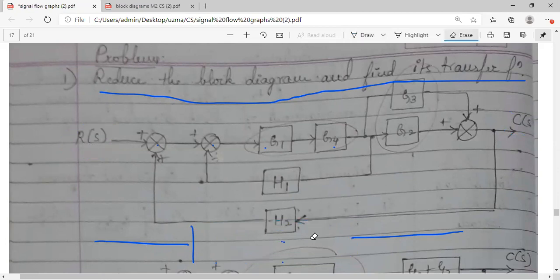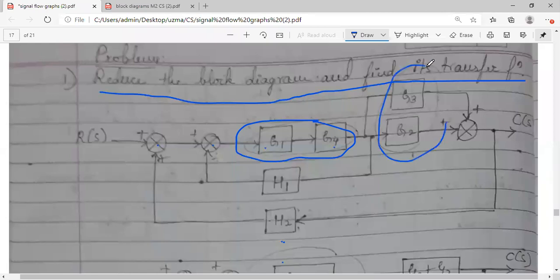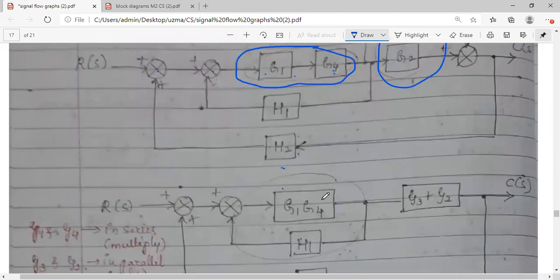So coming to the given block diagram, how will we start? This is an already solved problem. You can see these two blocks are in series, these two are in parallel. So what I can do at the start, it is up to you which rule you want to apply first. According to your convenience, you can solve it, no issues. So I have started with these two blocks, series connection, multiply, parallel connection, add them. So I have done that, series connection, I have multiplied. Remaining all I have drawn as it is.